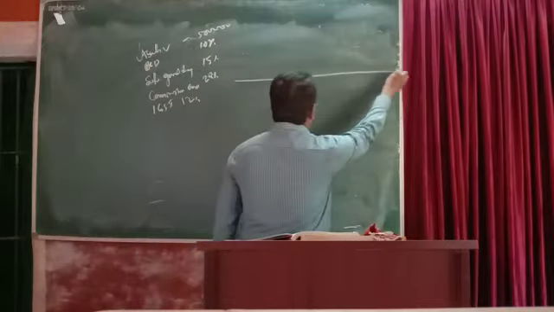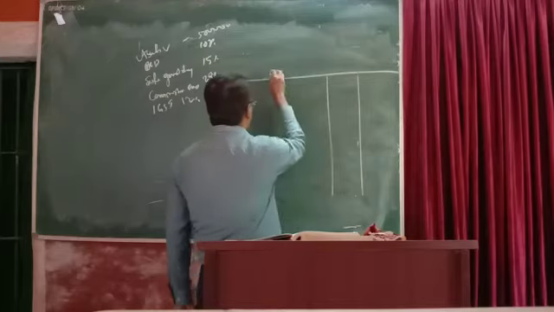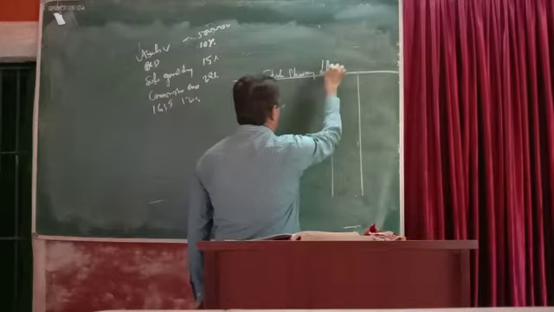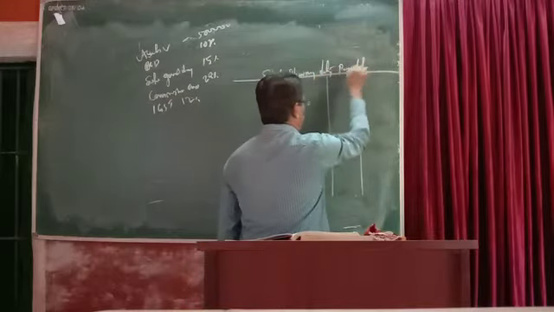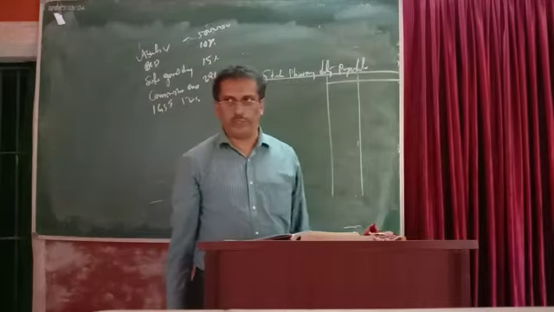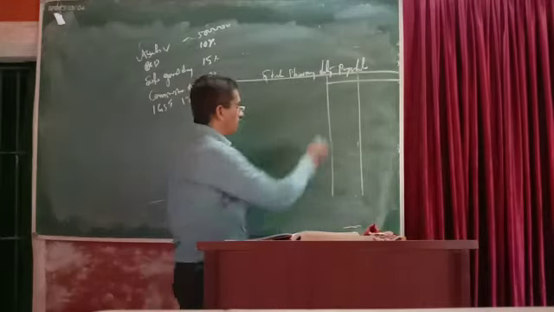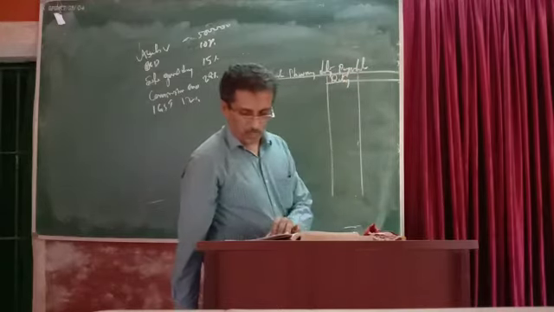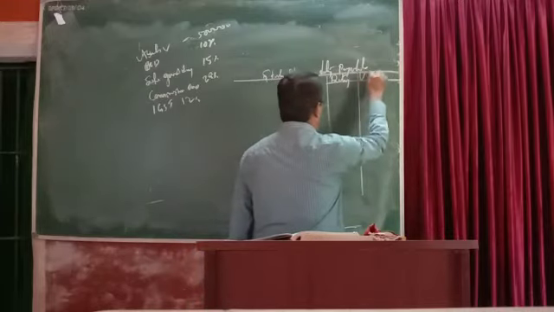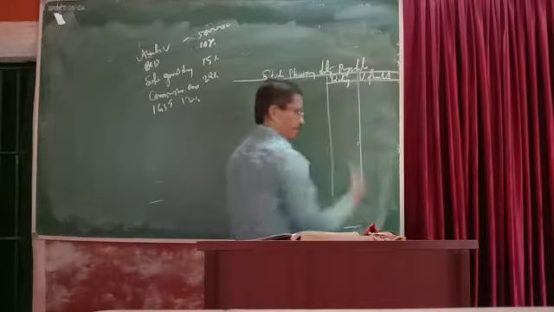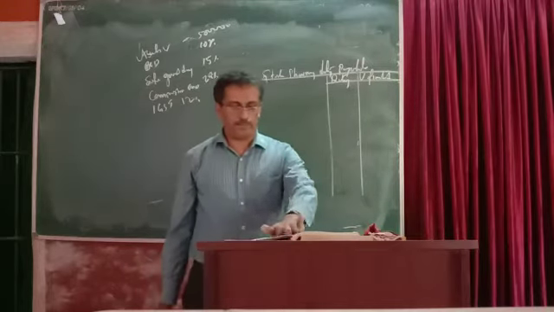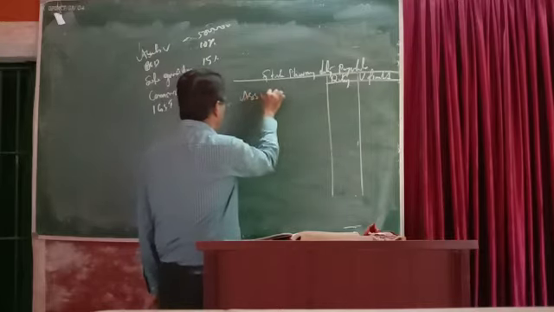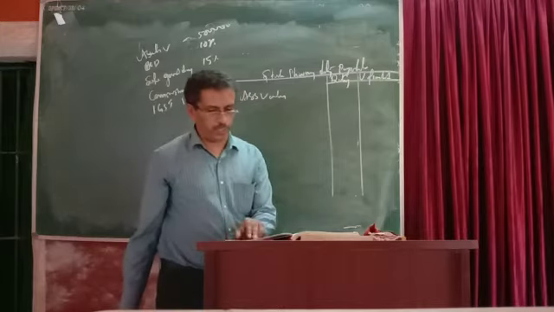Now, statement showing duty payable. The first column is called duty. The second column is called value of imported goods. Now here, first you are supposed to take the assessable value. What is the assessable value here?